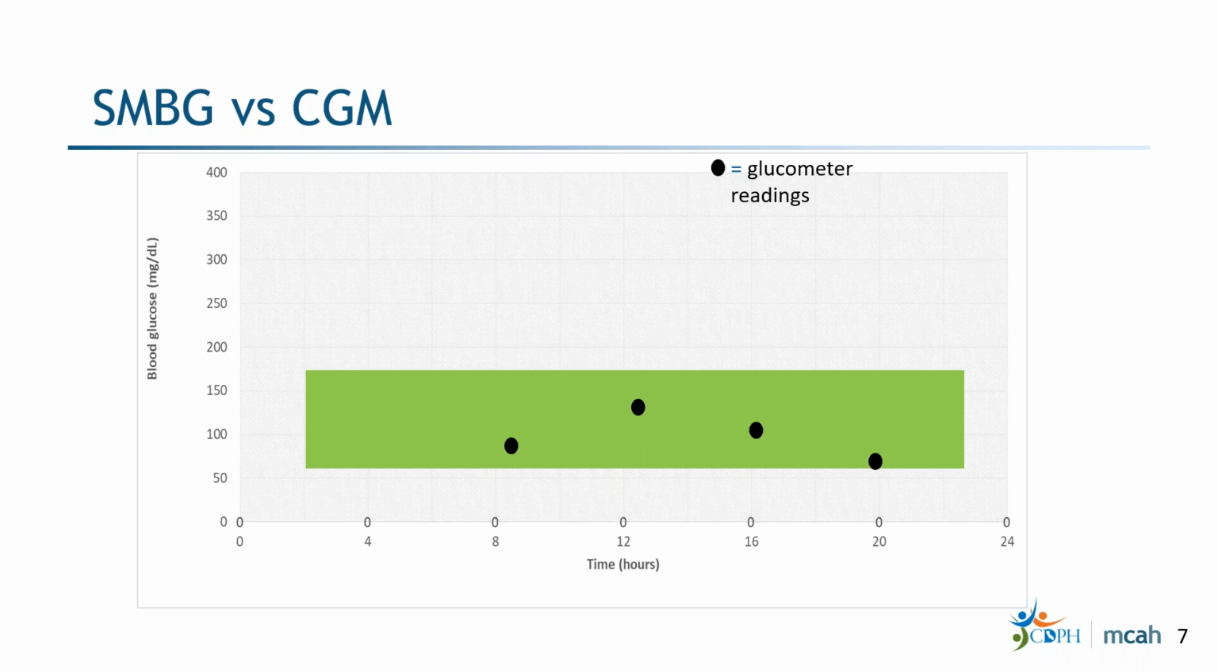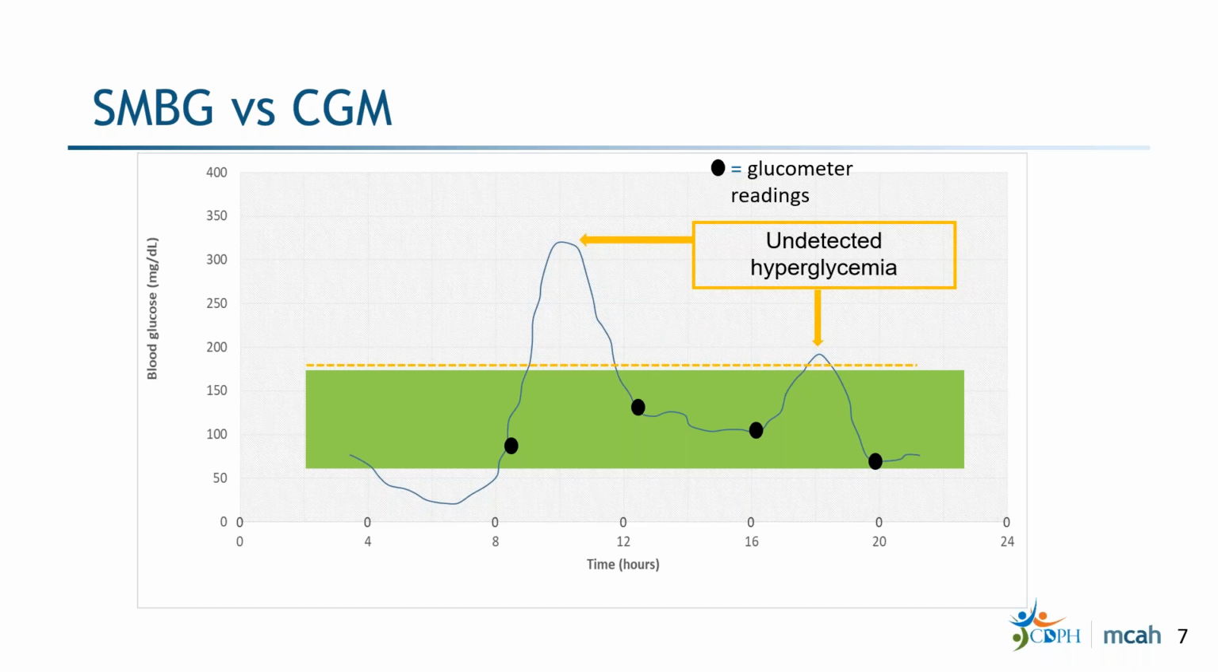Now, in this example, this is set for 70 to 180, which is usually the target for non-pregnant people with diabetes. You look at something like this and you say, okay, well, these appear to be in target. But when you put CGM on a person, you start to see everything that is happening in between those dots. And in this example, we note that there's actually undetected hyperglycemia happening between those glucose checks, as well